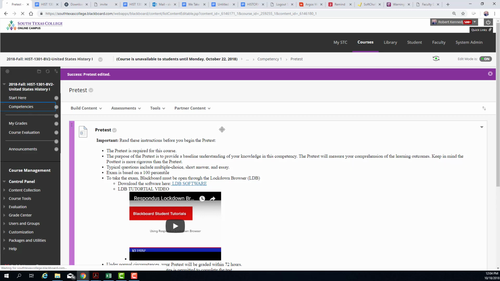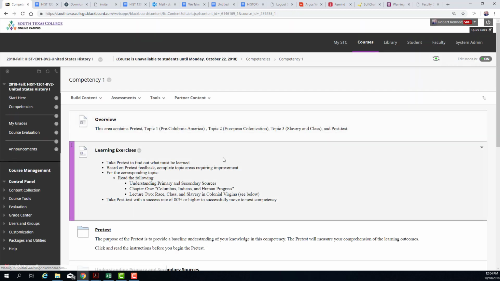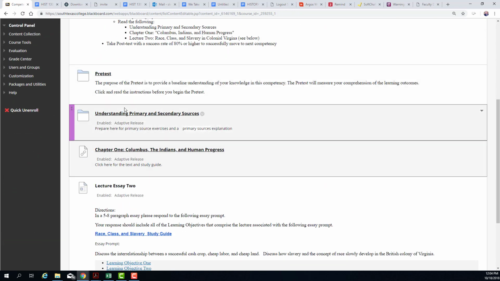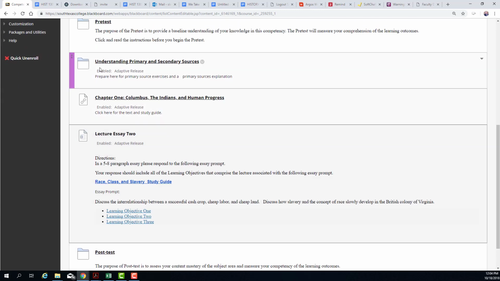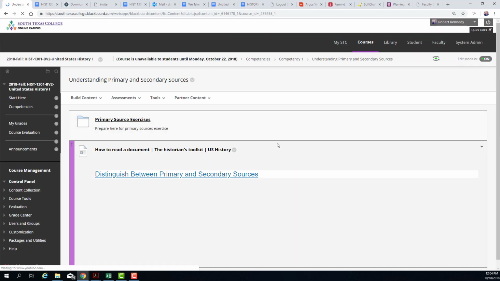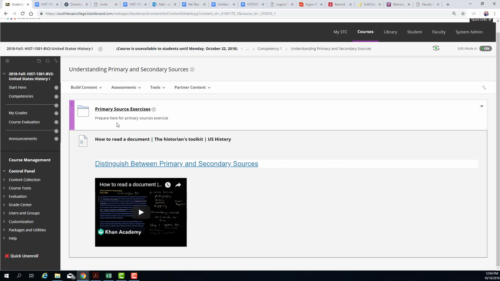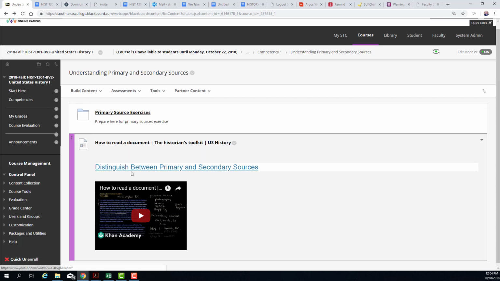Okay, so going to the post. Once you do take the pretest, the assigned material that's going to be listed up here will appear down here, right? So from here you'll have an assignment or preparation, basically. There's no assignments in this class, but if you click here, you go through here and have some directions in there. You read that document and you prepare for it. I suggest watching this video, reading through here to understand the difference between a primary and secondary source.